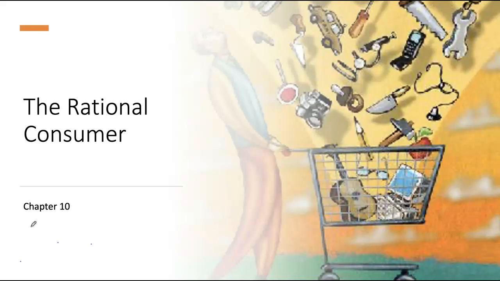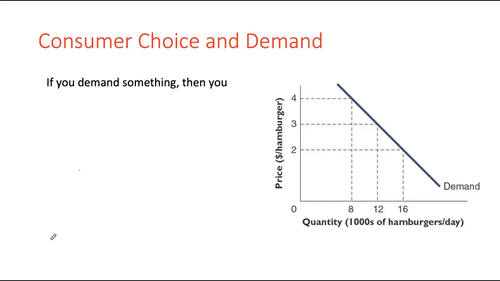Hello everyone, welcome back. Today we're doing chapter 10, which is the rational consumer, and I'm using Krugman, Wells and Parkinson's textbook, which is Microeconomics, 4th Canadian edition. In this particular chapter, we are looking at consumer behavior and how it is reflected in the law of demand or the demand curve. Remember, demand curve is simply giving us a relationship between price of a good and quantity